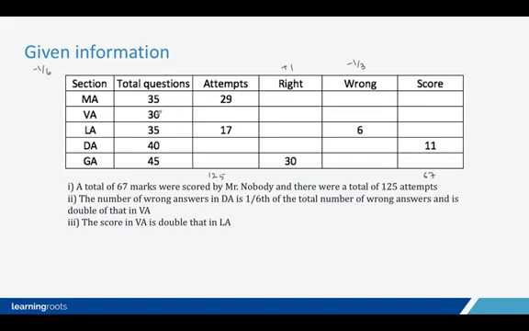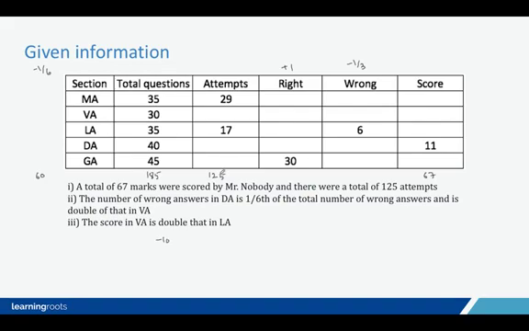So let's look at the total number of questions first. 35 plus 30 plus 35 will be 100, plus 40, 140, plus 45 is 185. If 125 were attempts, then non-attempts were 60, right? Because 125 plus 60 is 185, so he did not attempt 60 questions. Now if he did not attempt 60 questions, he would have lost 10 marks, because for each question that he does not attempt, he loses 1/6 of a mark. So for 60 questions, he would have lost 10 marks. In other words, the effective score because of not attempting would be -10, right?